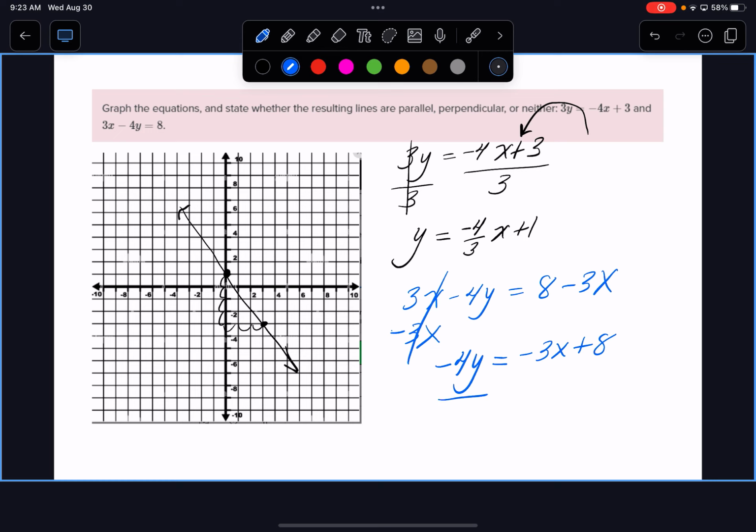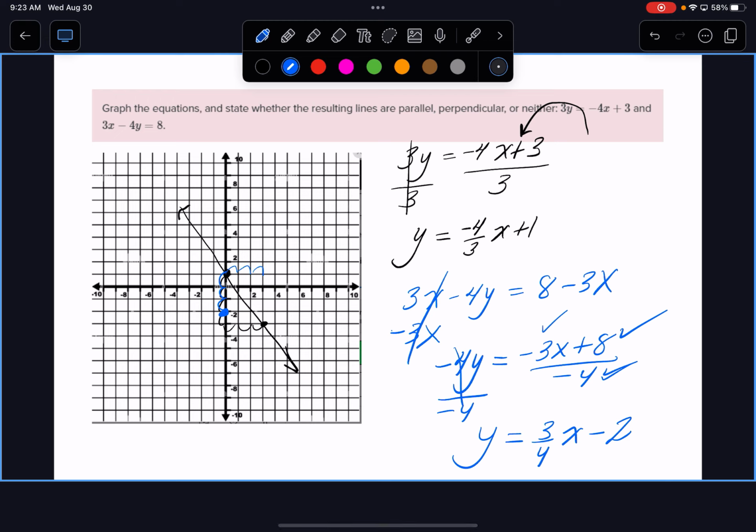Now we'll divide both sides by negative 4. And once again, just be smarter than the problem. Be careful. What's negative 3 divided by negative 4? 3/4. We don't do decimals. We do fractions. 3/4. Does everybody understand why it's positive 3/4? So we'd say 3/4 x, and then positive 8 divided by negative 4? Minus 2. So then I'd go down to negative 2, and then I would rise 1, 2, 3, and run